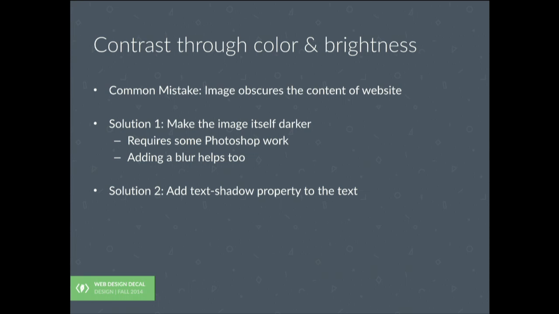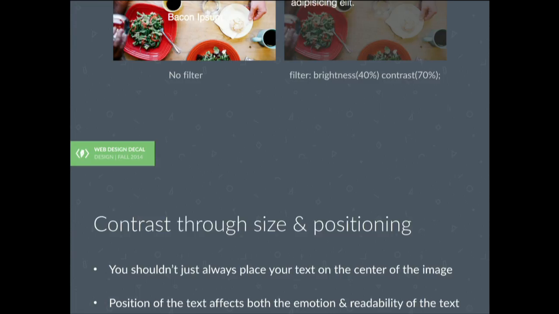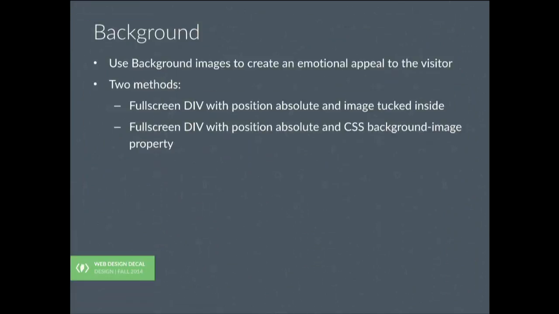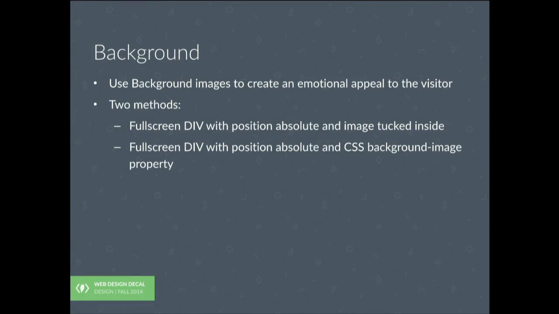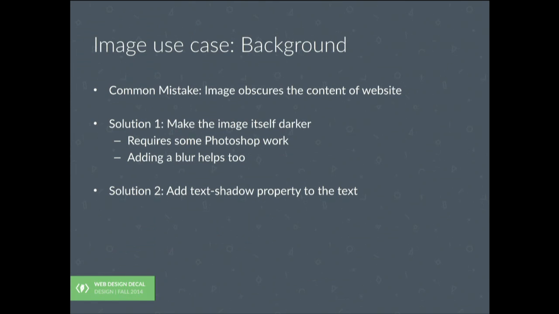Because, again, we're running out of time again, let me go through some. So when it comes to backgrounds, there are 2 ways you can accomplish background images. One is to have a div with width 100%, height 100%, position absolute, and image tucked inside. So obviously, you want to place your content on top of an image. So that's why we are using position absolutes. And another one is to, instead of using an image tag, you can just use CSS background image to link the image to your CSS. A use case would be,